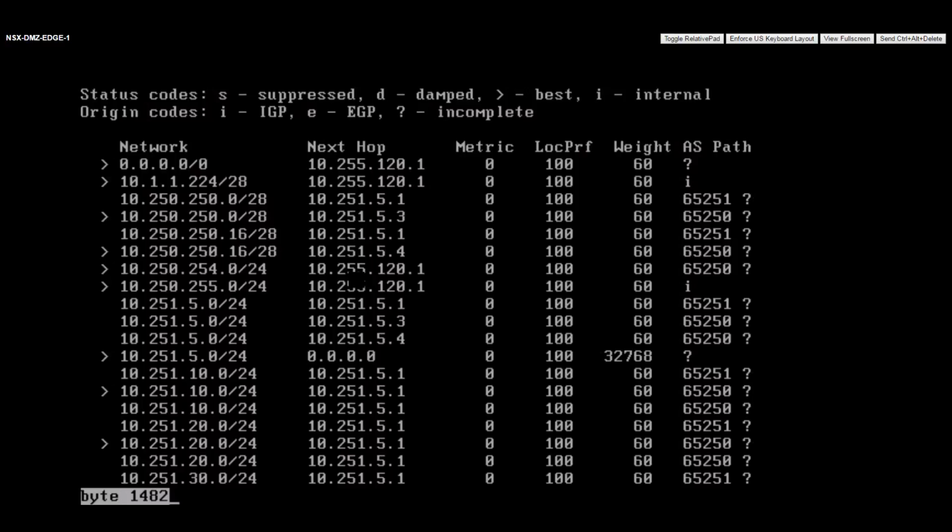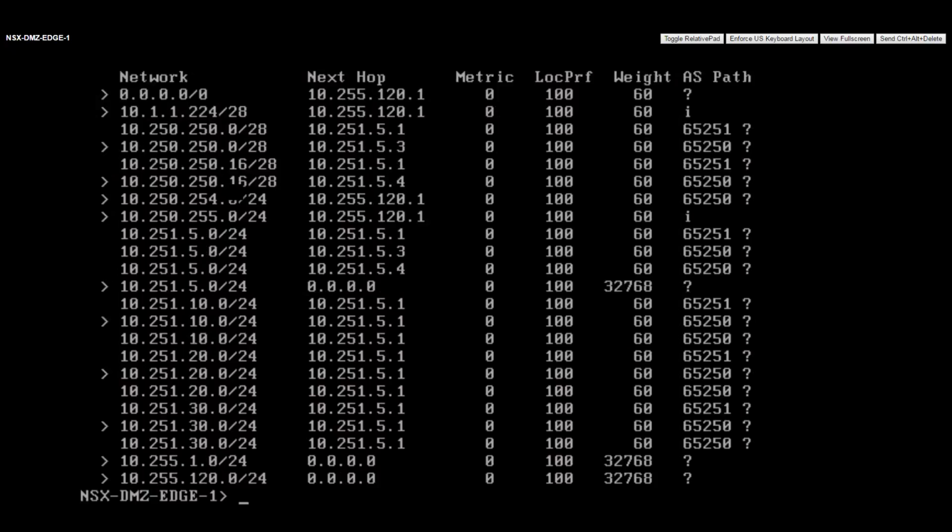DMZ Edge, I'm getting the default route from the firewall. Getting the 10.250.250 network from the edges. I got the routes from the DLR, the 10.251, 10, 20, 30. But what I'm not getting,